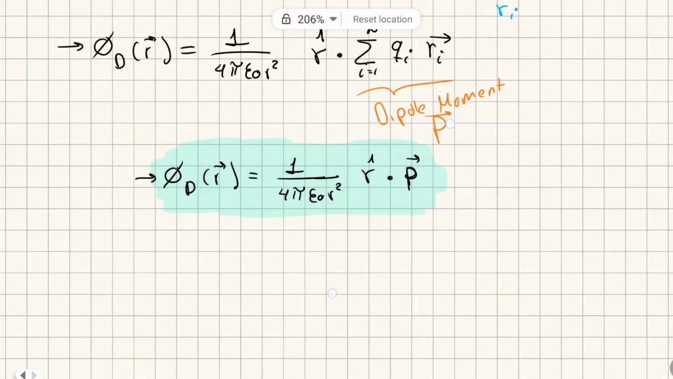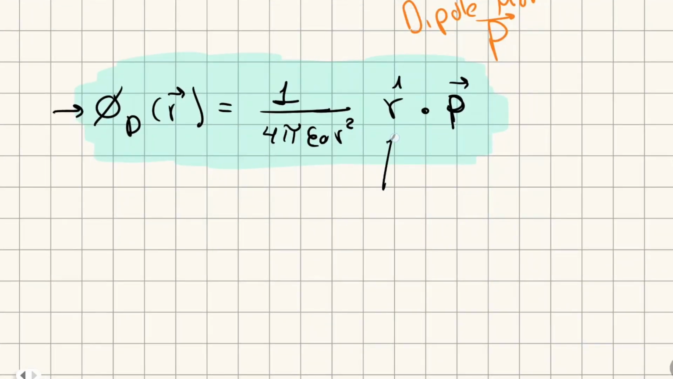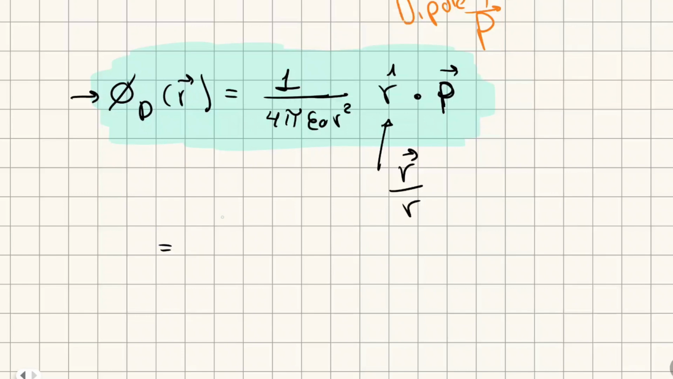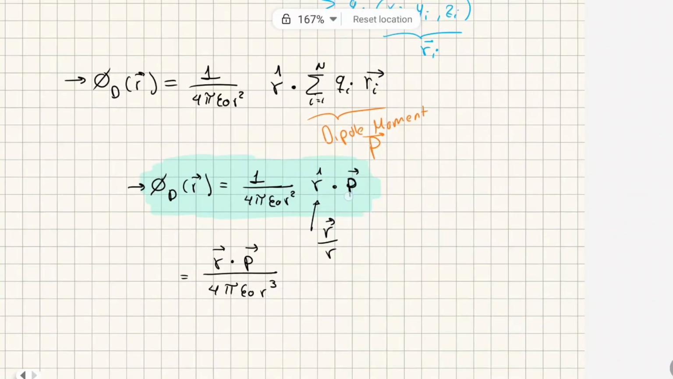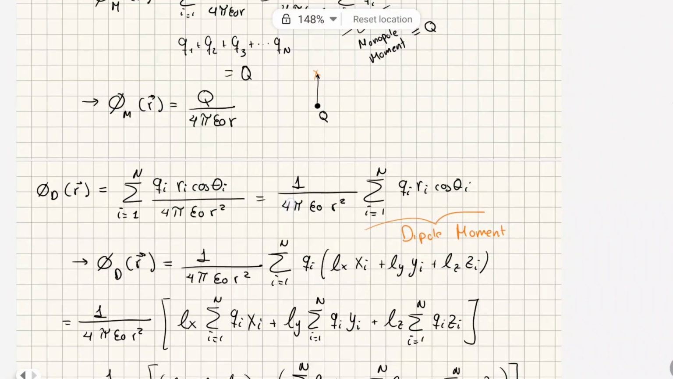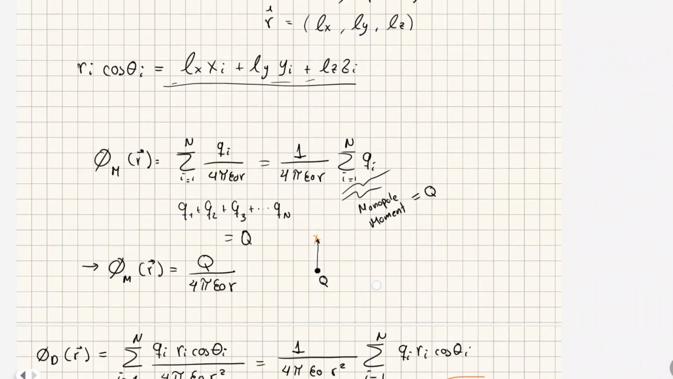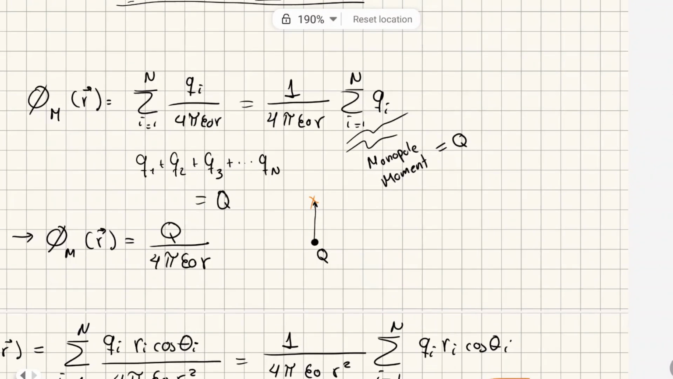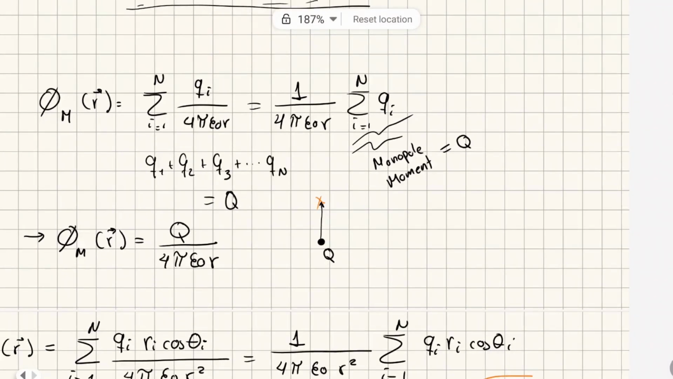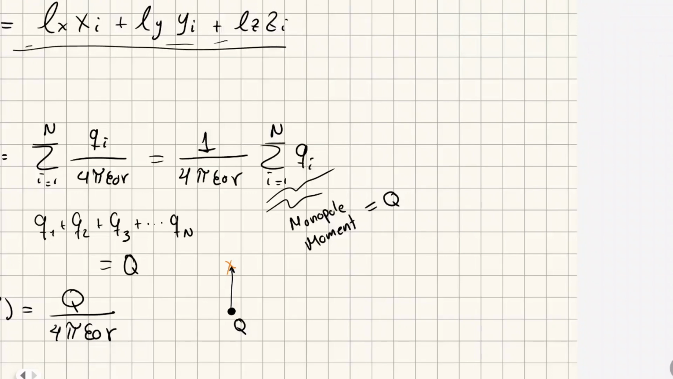Looking at this, the unit vector is the vector r divided by its magnitude. So we can rewrite this as r dot p over 4 pi epsilon 0 r to the third power. Perfect. So that will be the most important result of the video. Another very important thing to mention is that in this case we have a discrete distribution of charges. What happens if we have a continuous distribution of charges,